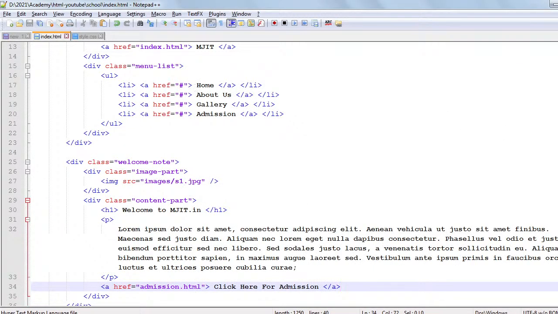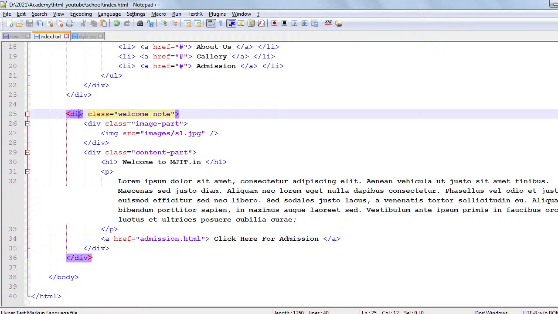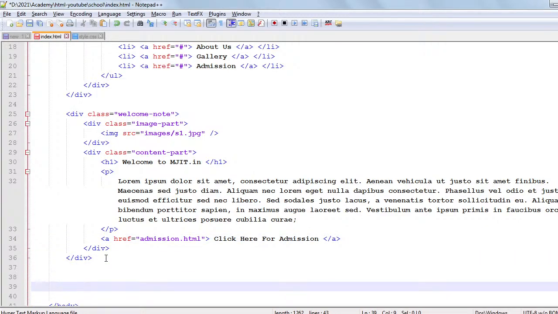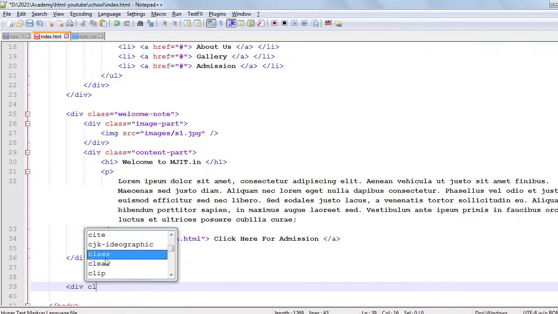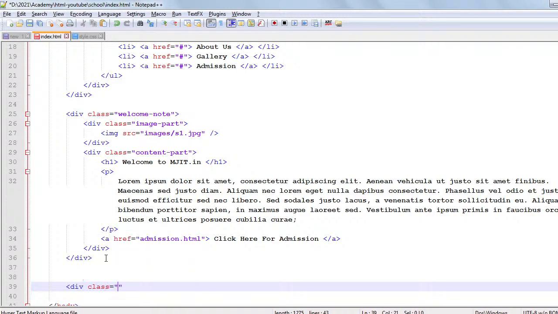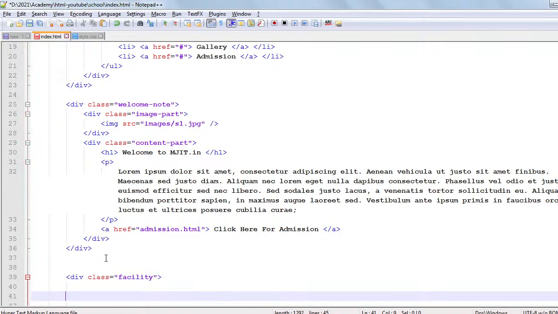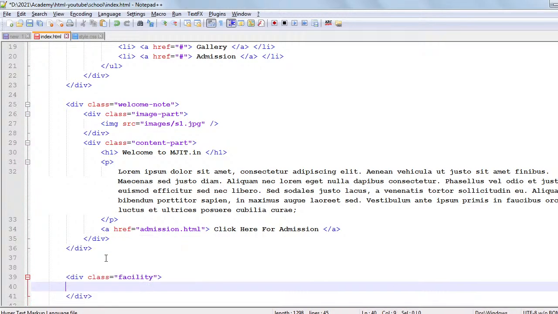So I'm going back to my HTML. Instead of the welcome note, I am going to write another div here because that section is over. Now I am going to come to my next section. So facility. I am going to show what are the facilities I have in my school. H1. Facilities of my